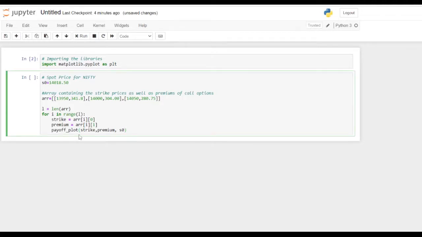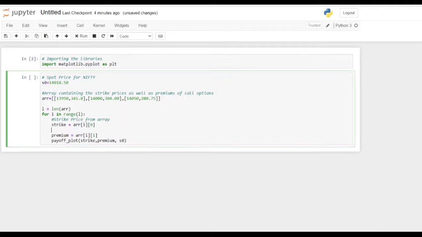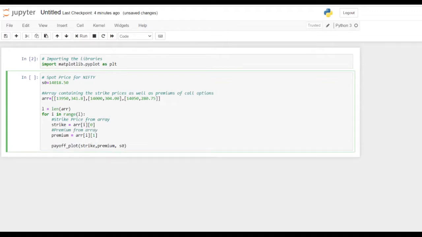So what we have done over here, I'll just comment it out: strike price from array, premium from array, and the last one is call the payoff plot function. I'll be building a function which will be named payoff plot function.